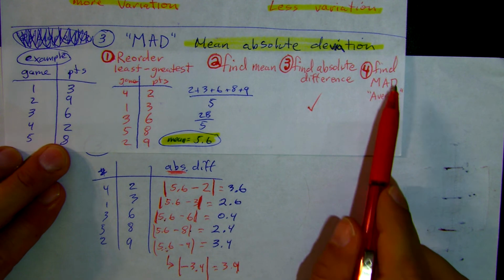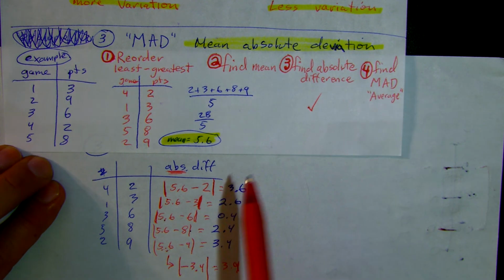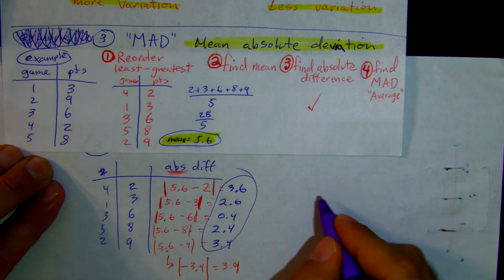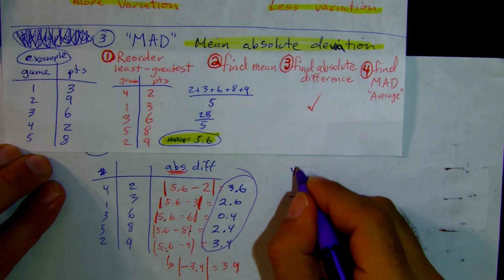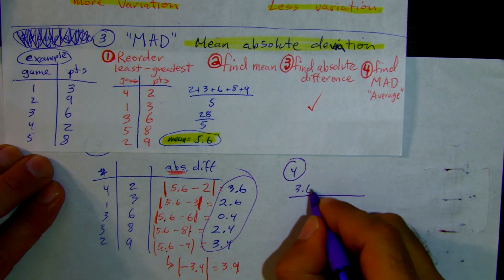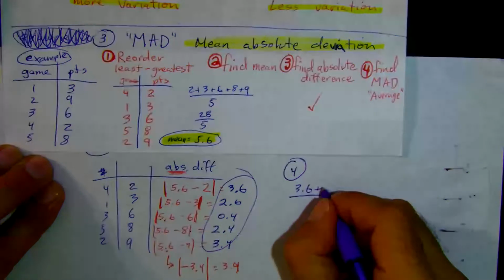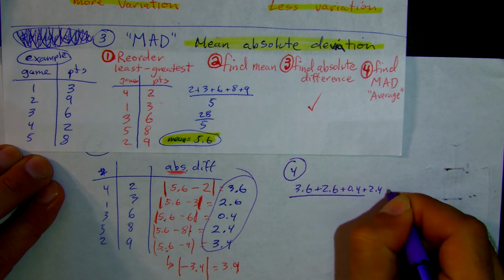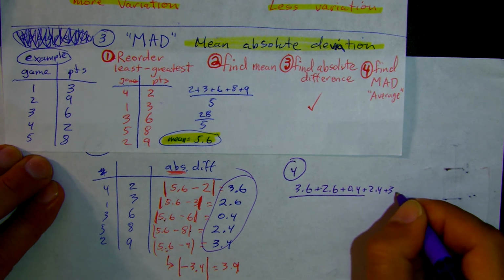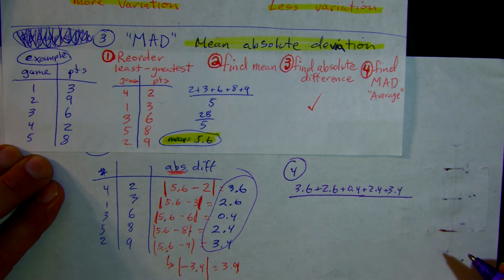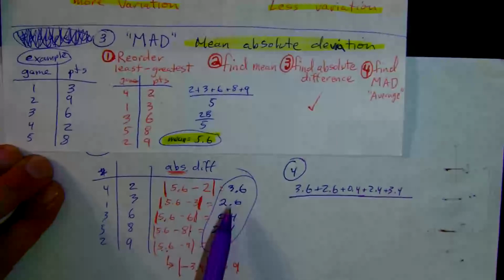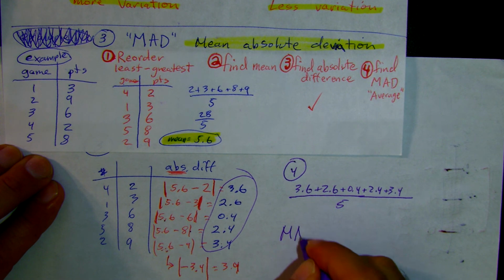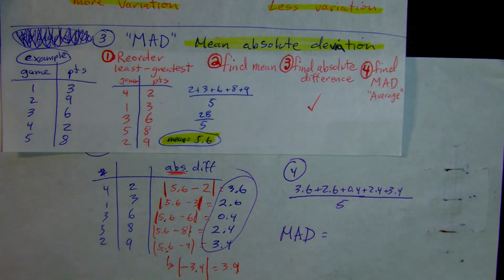Now find the MAD average. These are all the absolute differences. And now we're going to take those and do step 4 right here, where we go 3.6 plus 2.6 plus 0.4 plus 2.4 plus 3.4. And then we're going to divide by how many? 1, 2, 3, 4, 5. So we get finally our MAD. Our MAD is,